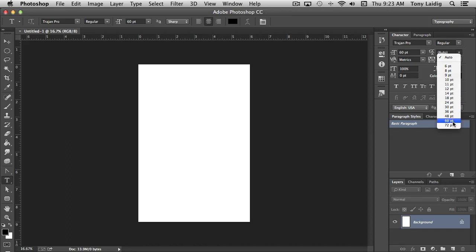So you'd want to have at least 60. Sometimes you can go a little bit less if you want to type close together, or you can space it out a lot more, again, depending on how you're planning to use the type. Right underneath that, we have